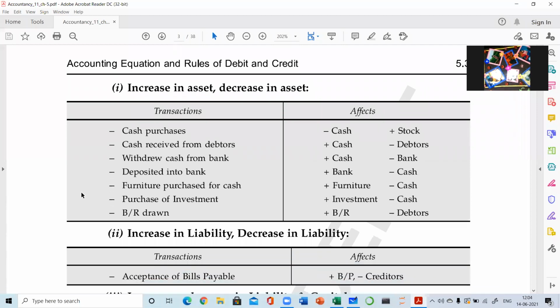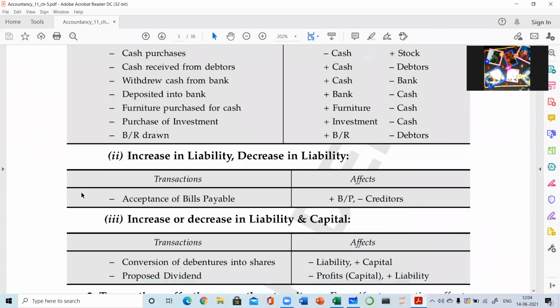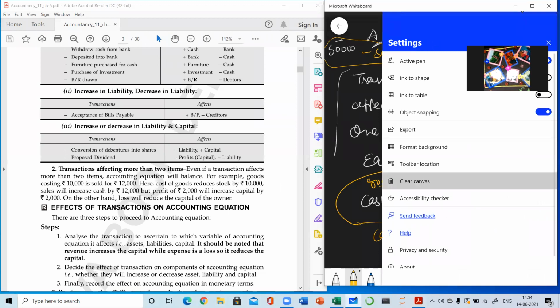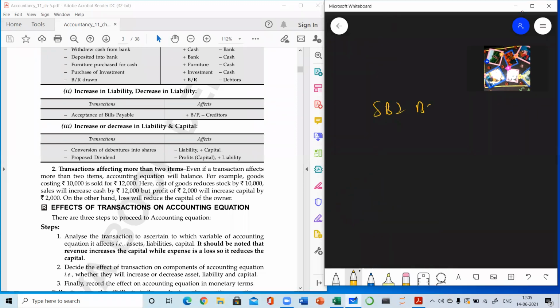Second, we will talk about the other side, right hand side, increasing liability and decreasing liability. So one liability will increase and the other liability will decrease. For example, let's take an example. You were having a bank loan of rupees 50,000 or 1 lakh. SBI bank loan. You were having a bank loan of rupees 1 lakh. So you need to pay this loan, but you are not having money. So you have taken another loan to pay off this loan, from PNB Bank. So the same amount of loan you have taken.